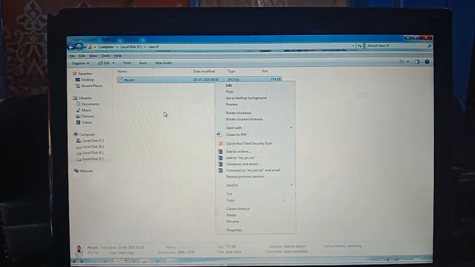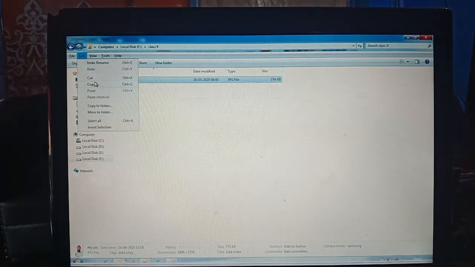Or you can go through the edit menu, where cut and copy are also there, or use Control C and Control X. So far we have not used cut or copy, so paste is not an active option. Now if you use cut or copy, paste also becomes active. Just like I have used copy, now paste is active.